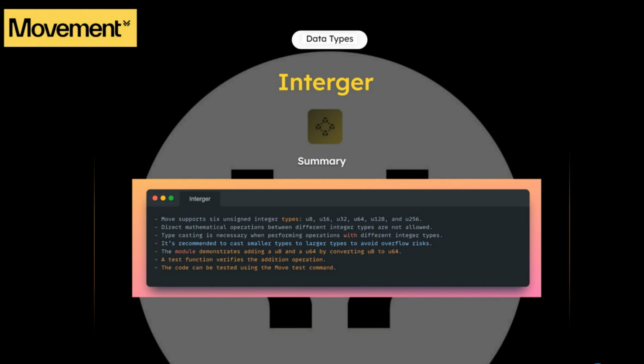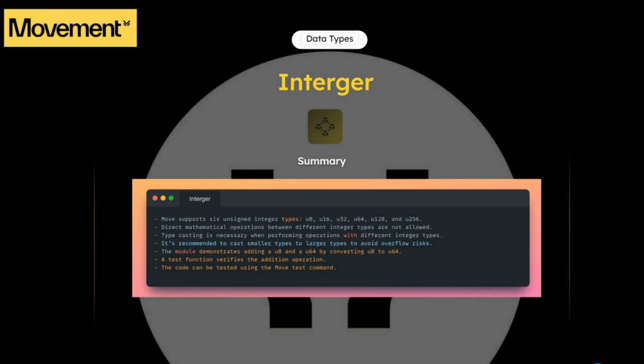First up is integer. In the previous video, we mentioned that in Move, integers are always non-negative, and there are 6 types: U8, U16, U32, U64, U128, and U256. Operations are only allowed between the same data types. You can easily perform typecasting to execute operations, but it is important to cast from smaller types to larger types